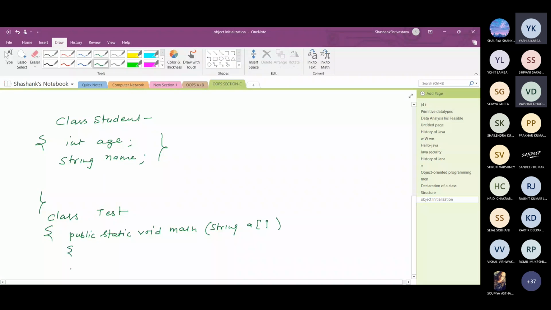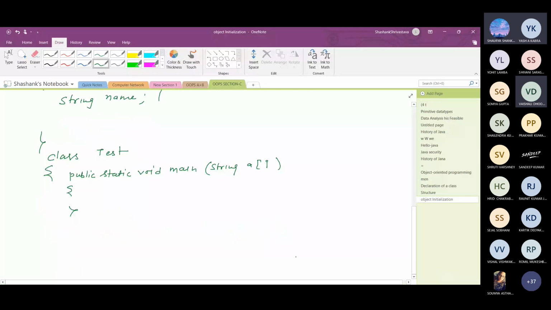In this main method we create the object. Just listen with care. If I write Student s equal to new Student, it means an object is created.